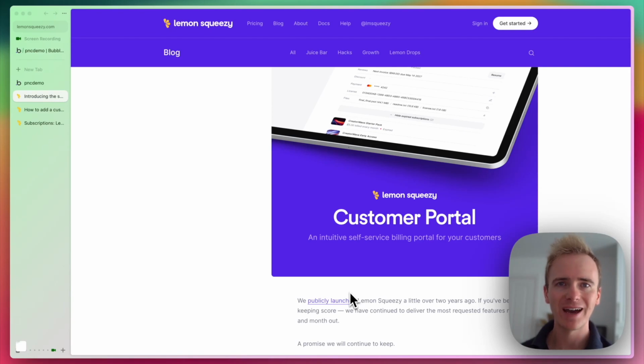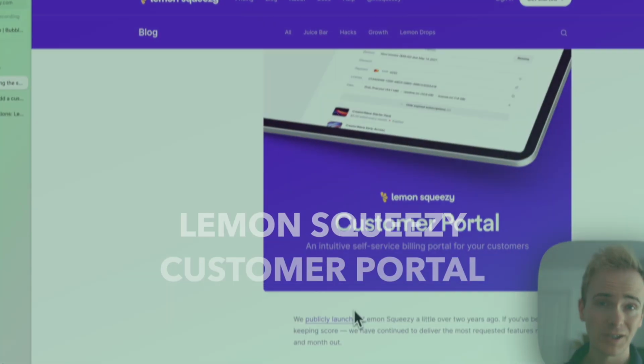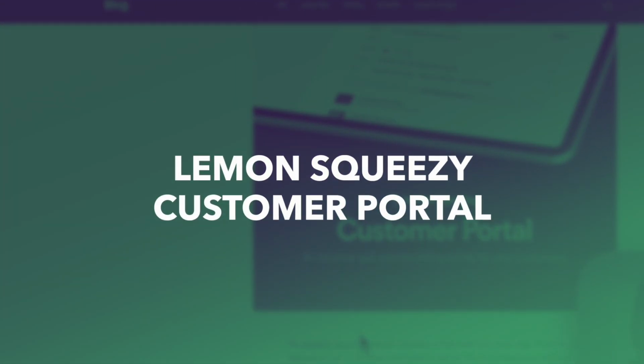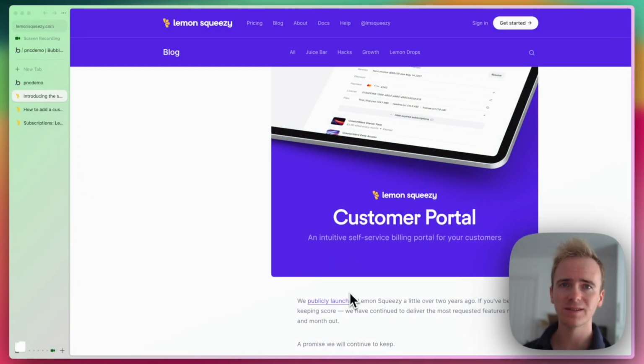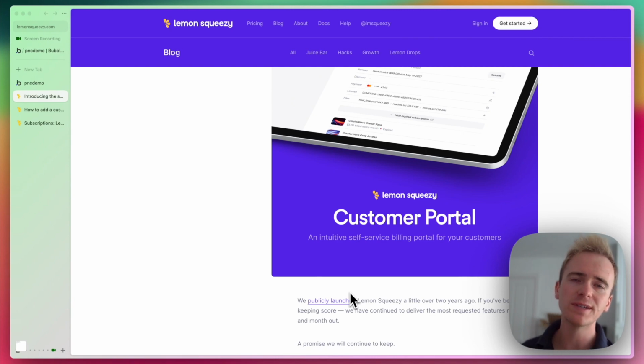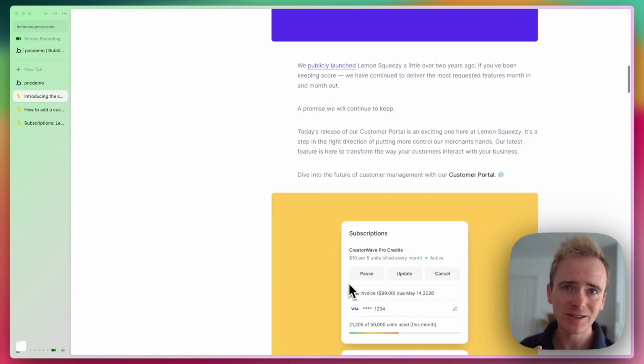Lemon Squeezy have added an exciting new feature to their payment gateway platform, and that is customer portals. And if you're building a SaaS or MVP with Bubble, this can save you loads of time because it means that displaying back invoices, allowing people to update their subscriptions, in fact, tons of features are basically baked in and can be added into your Bubble app in just a few minutes, and I'm going to show you how in